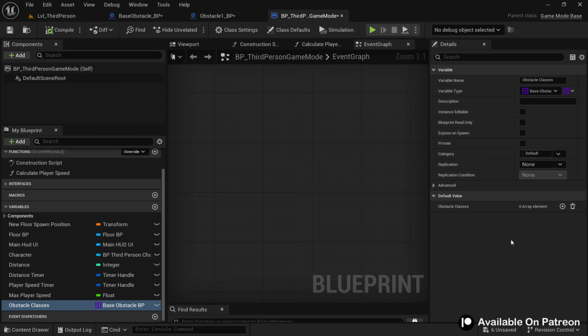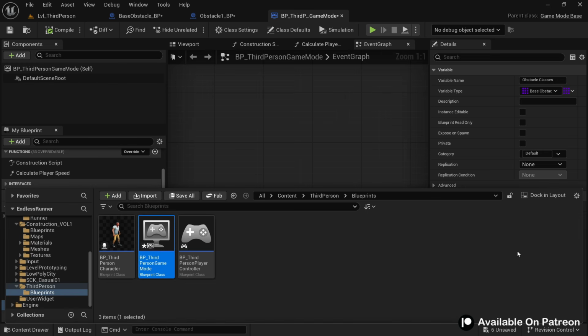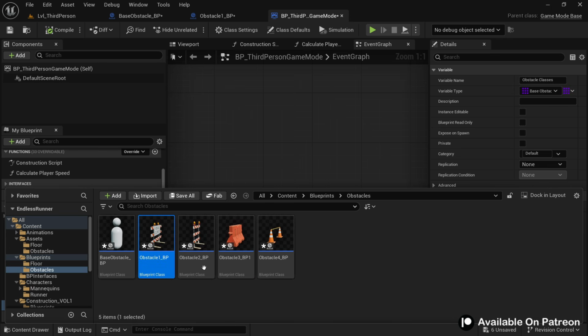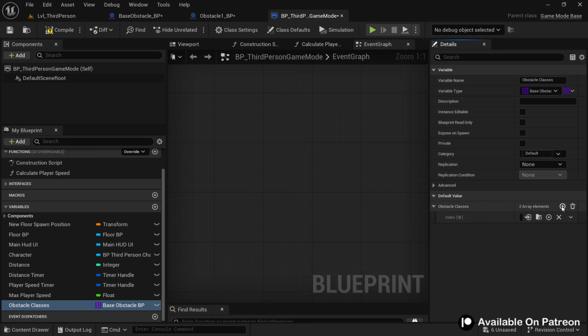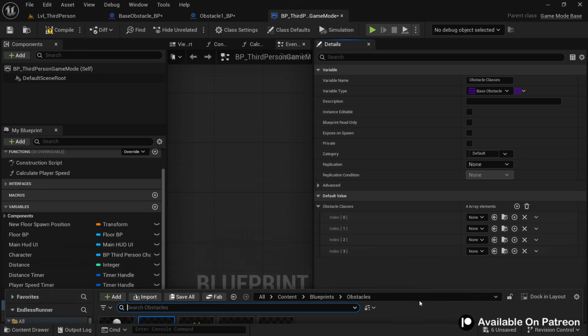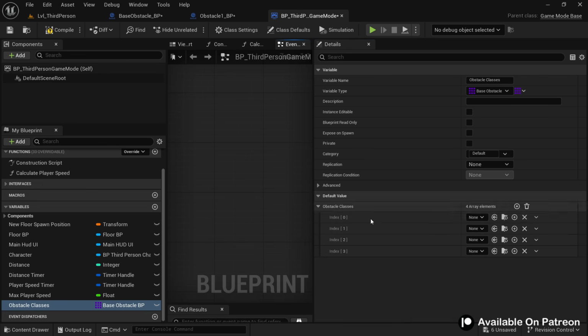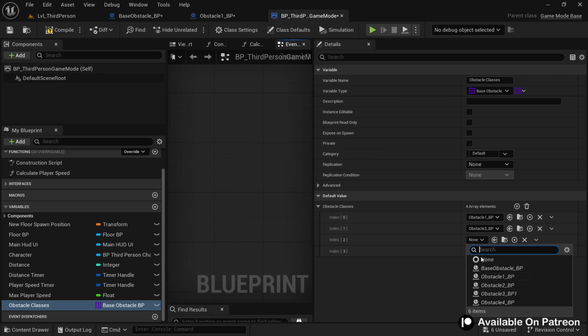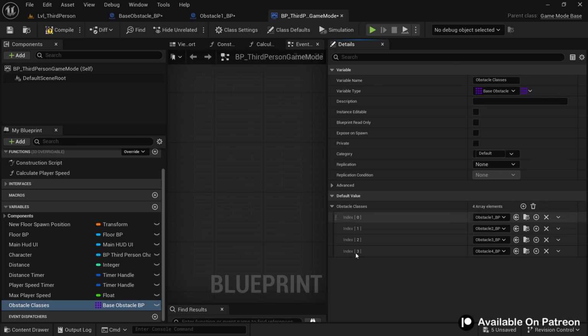Now let's compile, and right here you can see we can add array elements. What we are actually doing here is storing these obstacle classes that we just created into that variable so that later on we can choose between them which one to spawn. Now I have added 4 elements since we have 4 different obstacles in our project, and in each element I'm going to select an individual obstacle. There you go. And now what we want to do is get a random element from this array